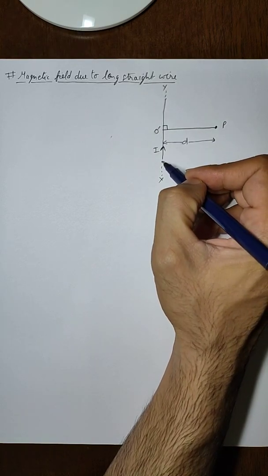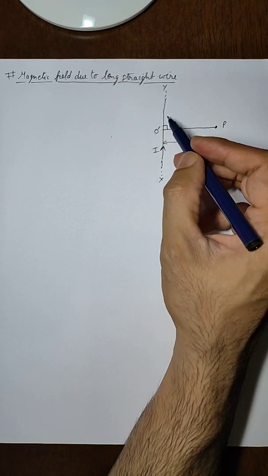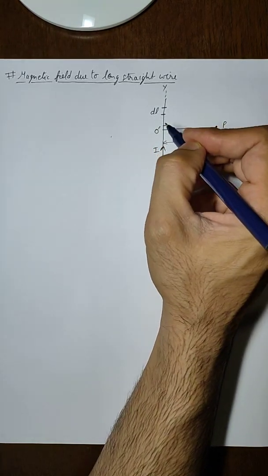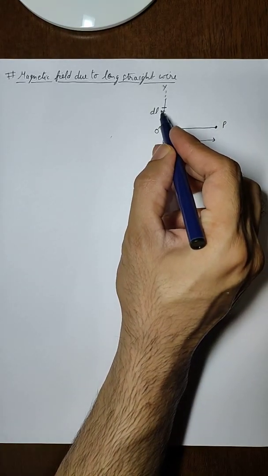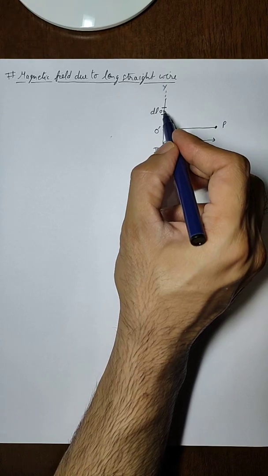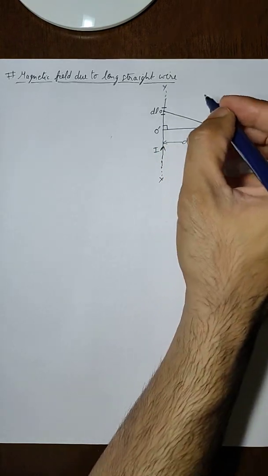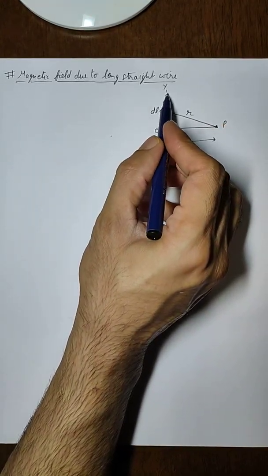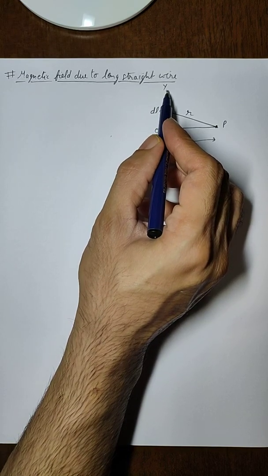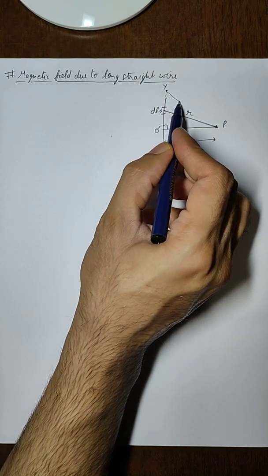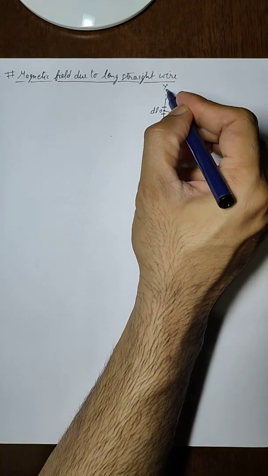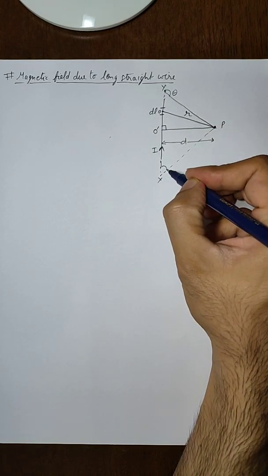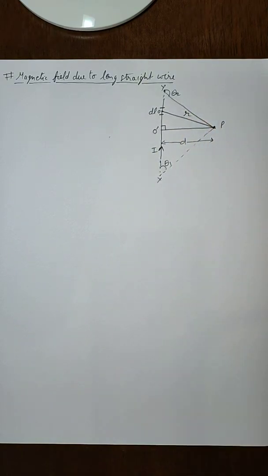Now we are going to use the same approach that we used in Biot-Savart's law. We are going to take a small length element, let us say a small length element dl is taken with center point O, and the distance of this dl from P, let it be r. Now from the end point of the conductor, it will have an angle theta, and from this point we'll have an angle, let us say this is theta 1 and this is angle theta 2.